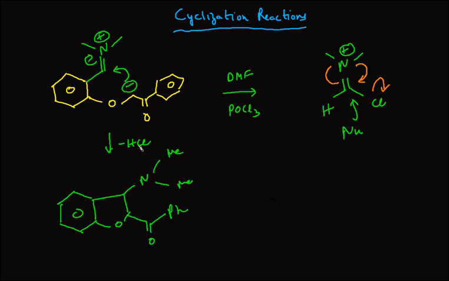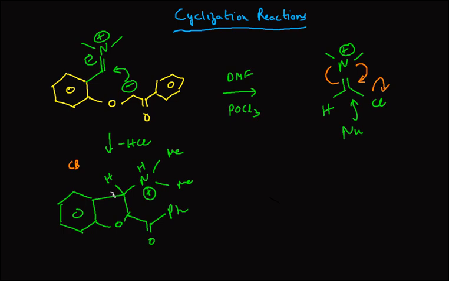Now what is the next step? Since HCl is present in the solution, what it can do is protonate this nitrogen and convert it into a very good leaving group. Next, what will happen is the conjugate base, that is Cl minus. Once HCl protonates this nitrogen, the conjugate base, Cl minus, will come and abstract this proton.